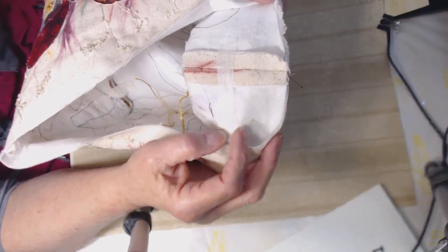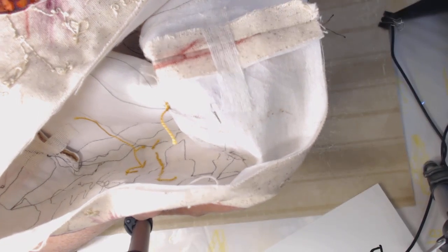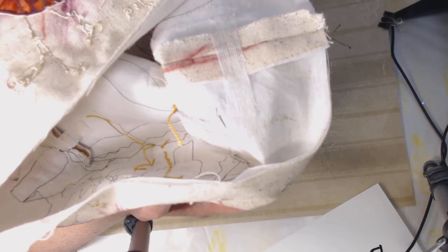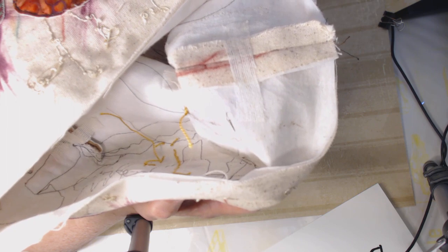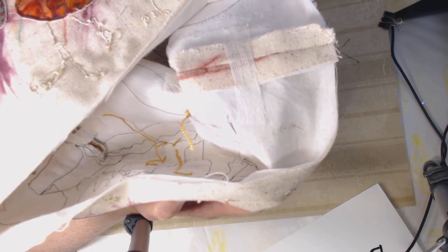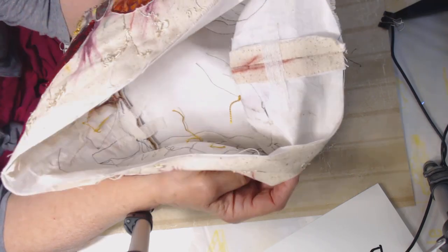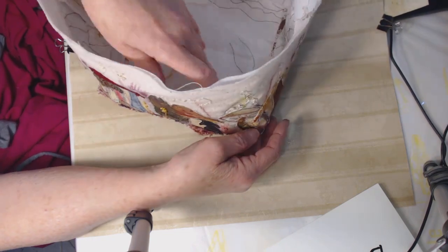So I tried several different weights and kinds and brands. And what I ended up finding out is this woven one, that I call suiting interfacing because it has give to it in every direction. Now, it's a Pellon product, if I can remember right, but other companies make it as well. And I just cut it in strips and ironed it on like little Band-Aids going across whatever I wanted to keep wide open. Now, the next step will be,